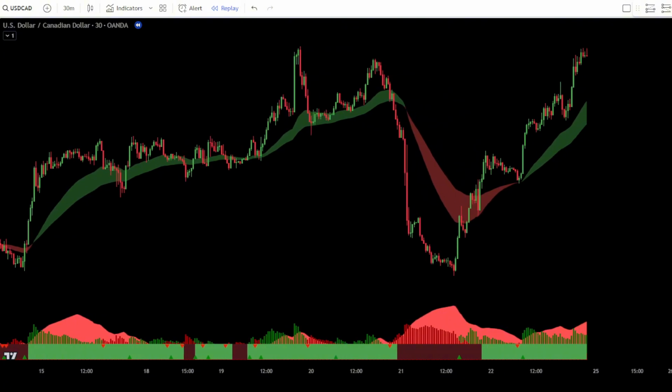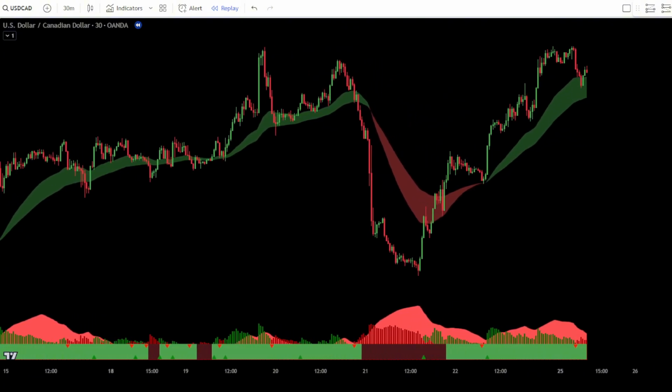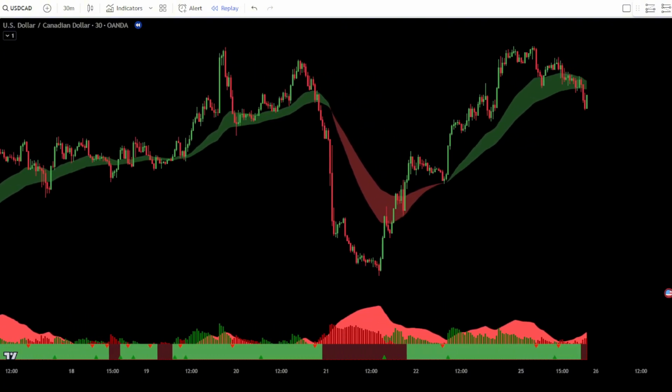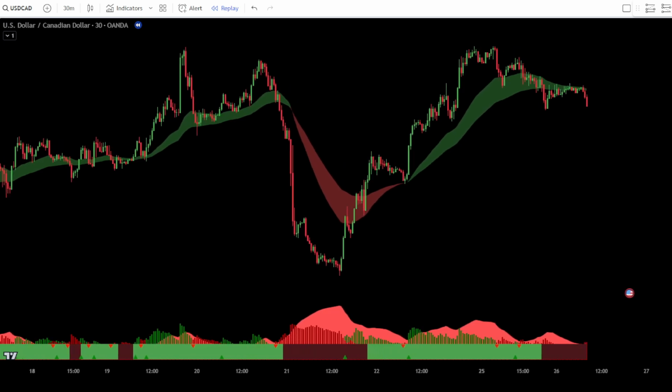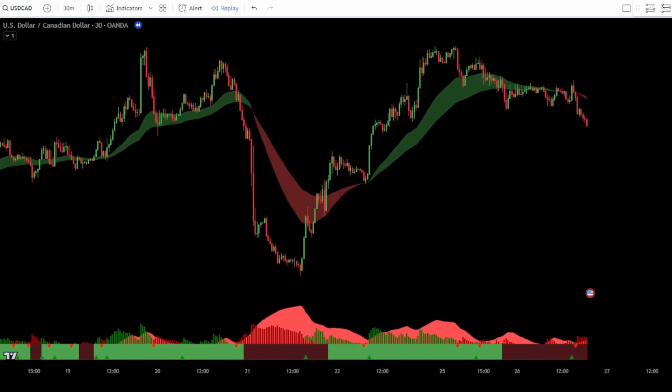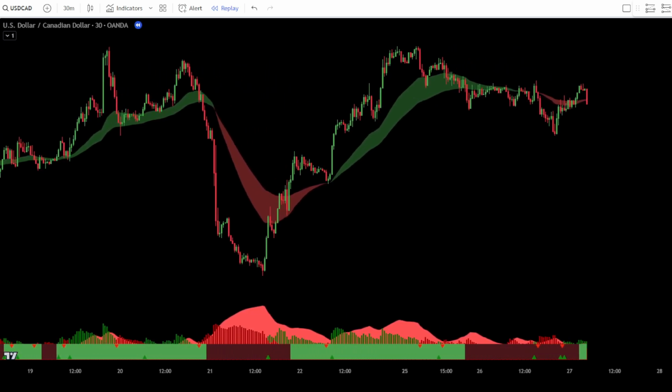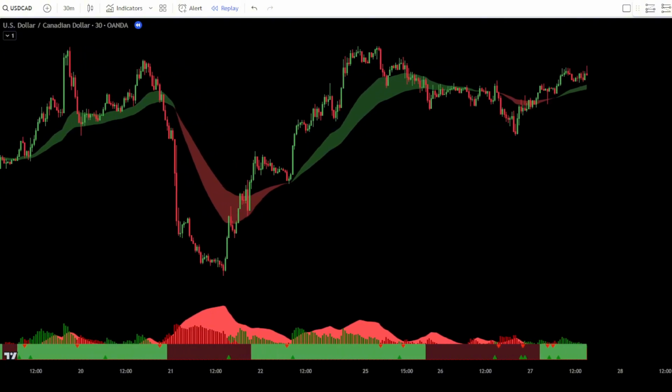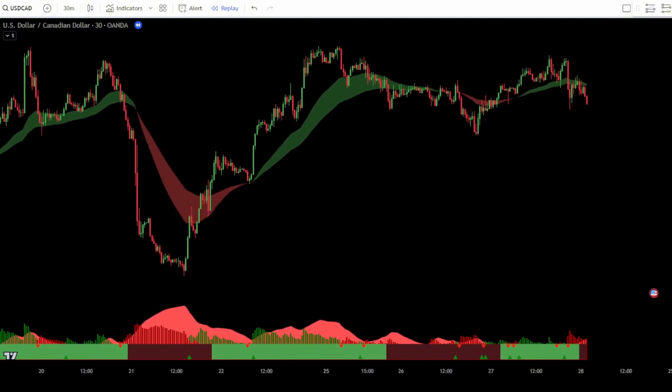In this video, we'll show you a scalping strategy using the best free Tradingview buy-sell signal indicators. And the best part? You can apply this scalping strategy to various assets, including forex, gold or XAU USD, crypto,